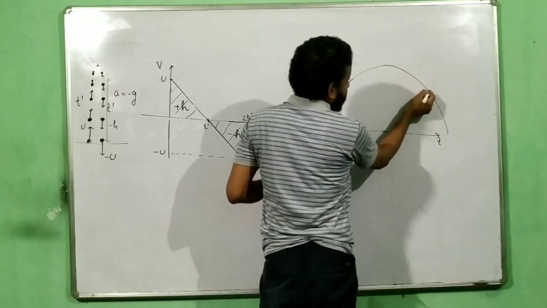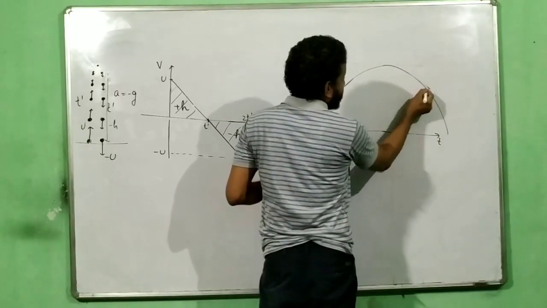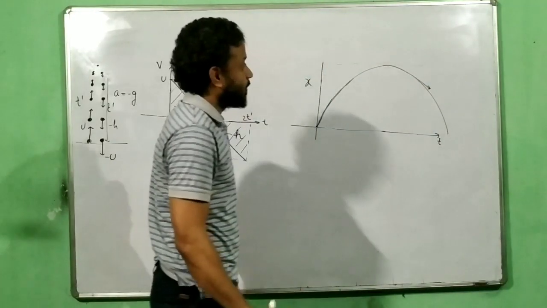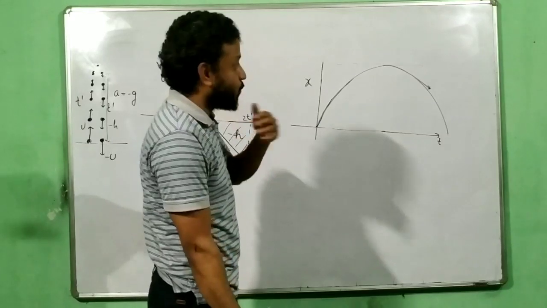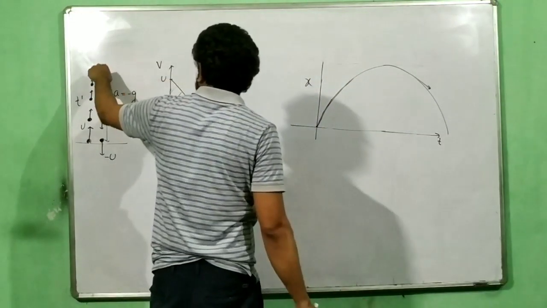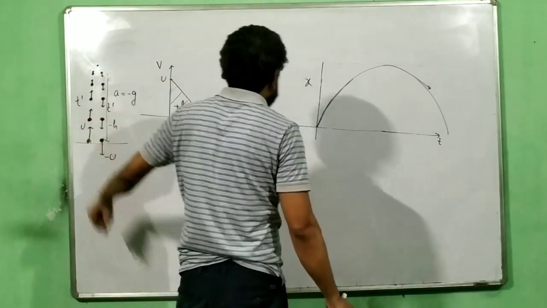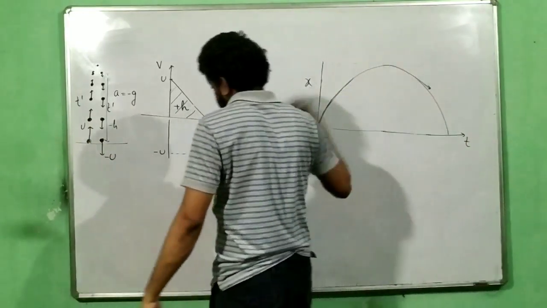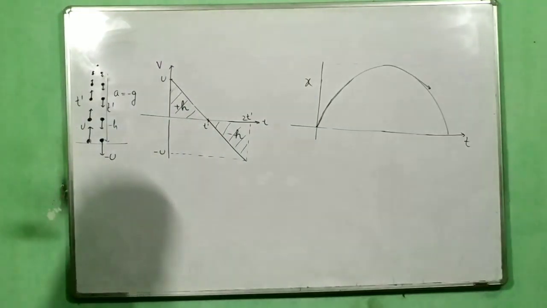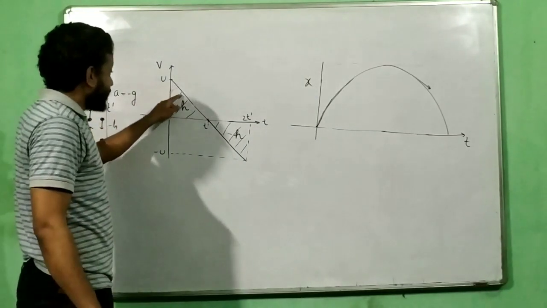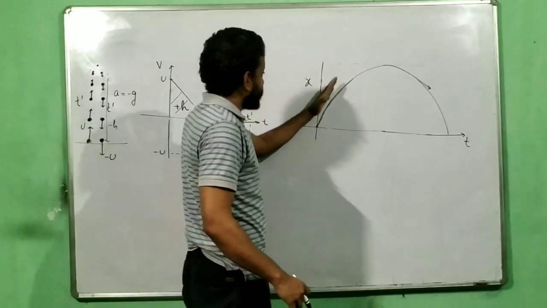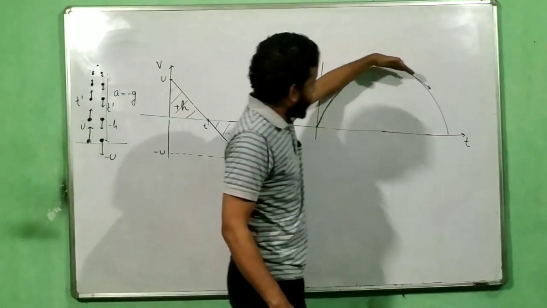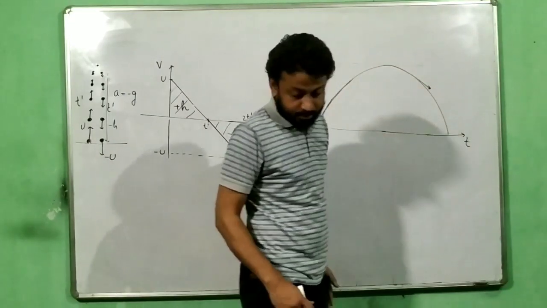See, now the tangent becomes negative. If I draw any tangent over here to find the slope, the tangent will give a negative slope, and that means the body is moving back and coming back. This is what your displacement time graph looks like. So positive velocity and decreasing means positive slope and decreasing; negative slope and increasing.